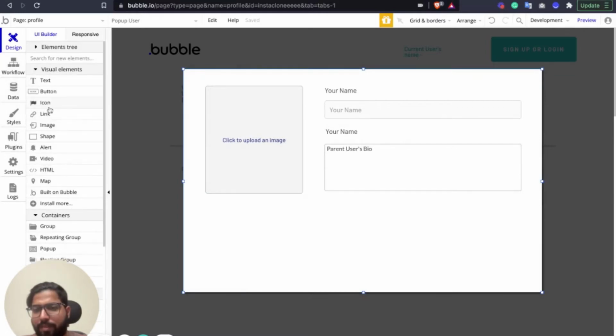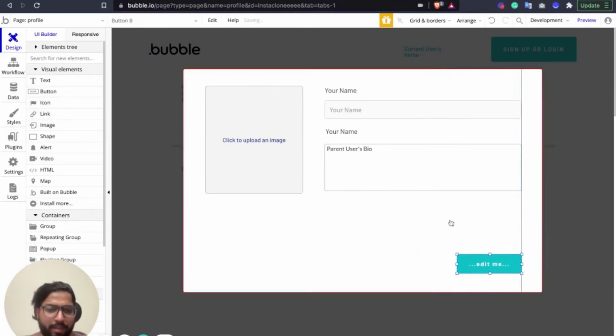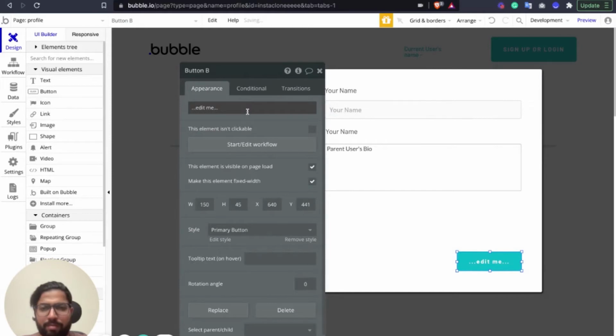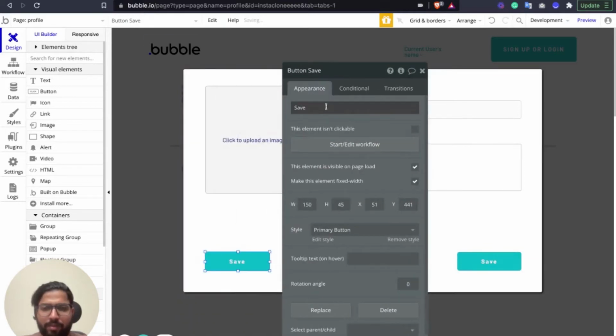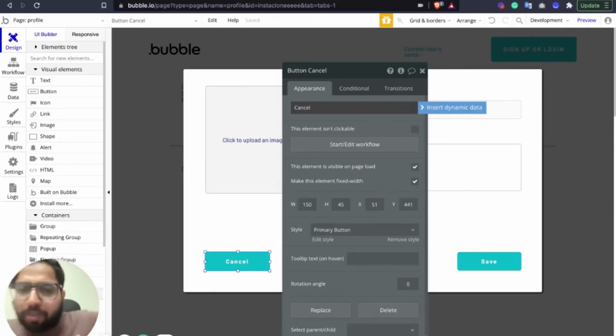Let's just add a button. Let's add two things. Button as save. Another one is... So we won't be requiring a cancel button as such, because since it's auto binding, it's anyhow going to update the value in the database.